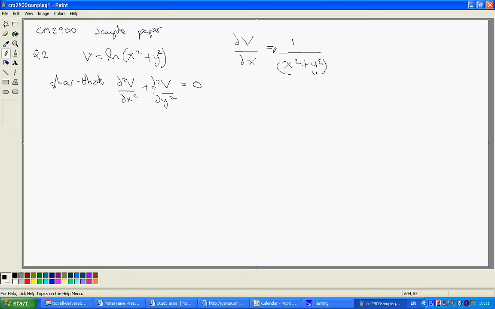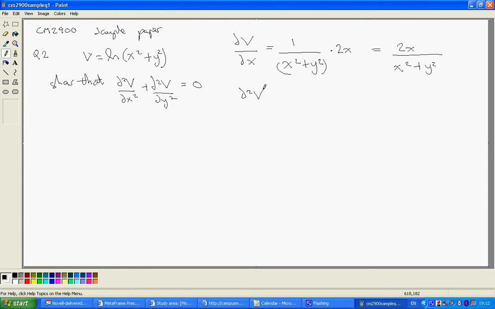But chain rule says we must then multiply by the contents of the inner function, the bracket. Well, derivative of x squared plus y squared with respect to x is 2x. So times 2x, which of course could be written as just 2x over x squared plus y squared. Then